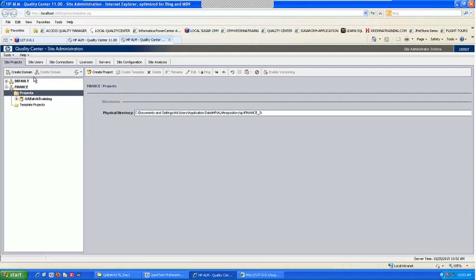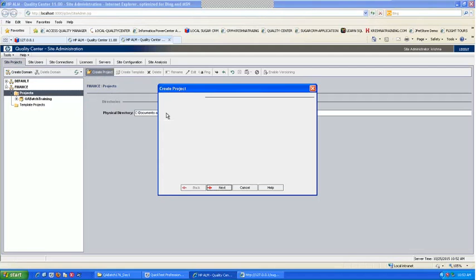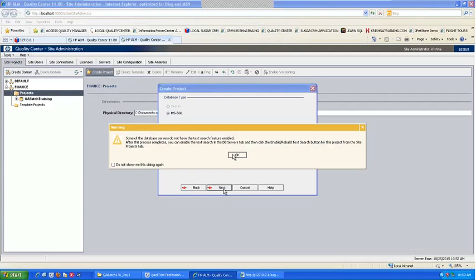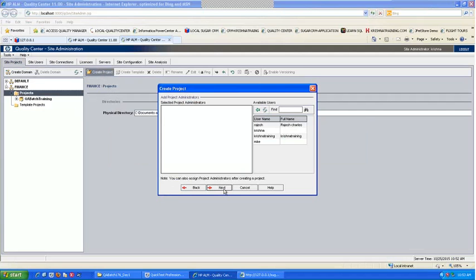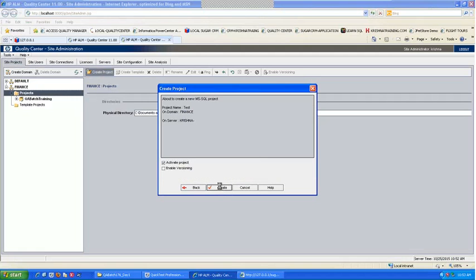So now let me go here and create one more project. I'm not going to give access to that particular project for that guy. So the next project, I will say test project. Next. I'm not giving access. Next. Create. So then that won't be displayed there, right? Yeah, you're going to see that.